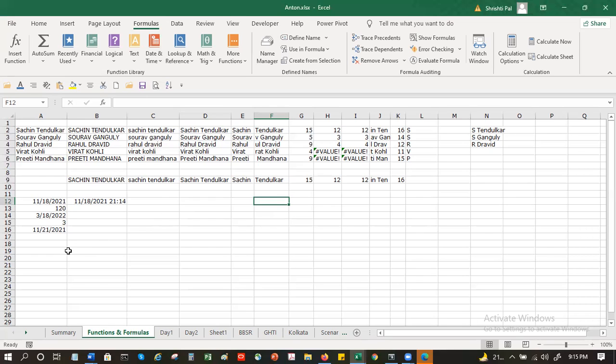Not only that, it will also tell you the format. And why did you type triple A?